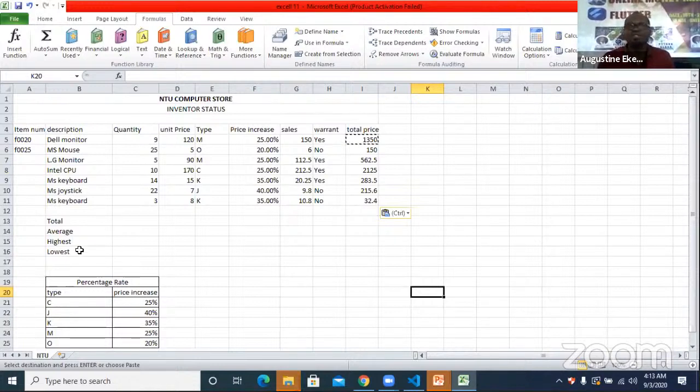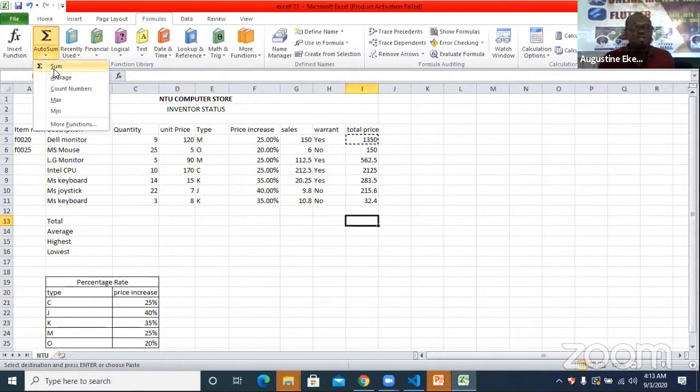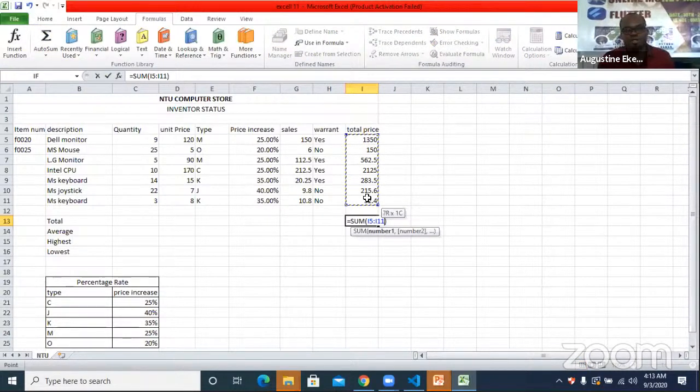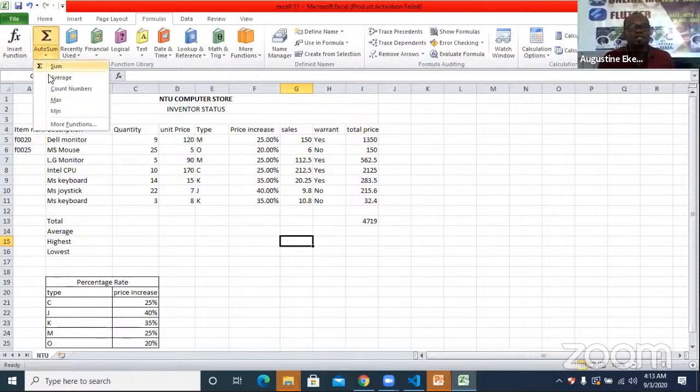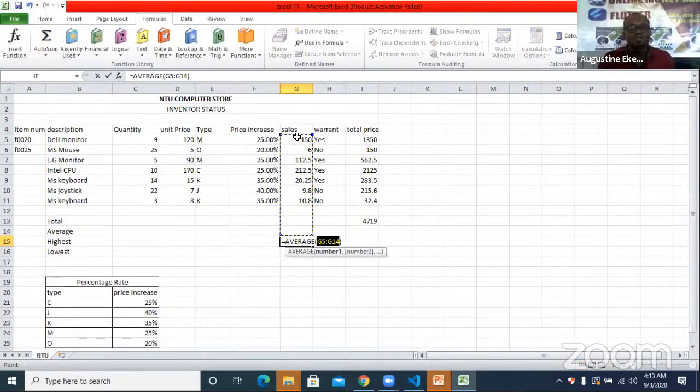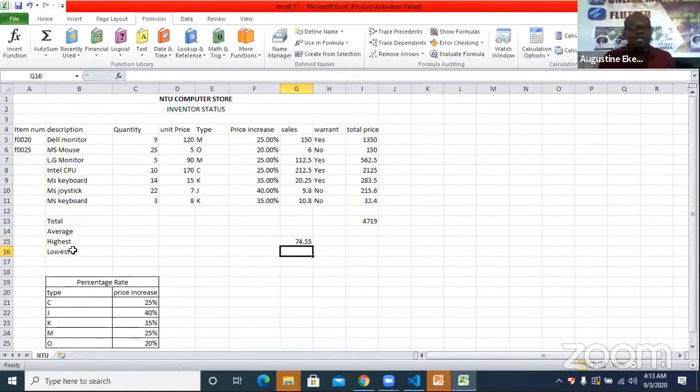Apart from total, average, you know how to do this, isn't it? You want to find total. If it's total for price, you just click where you want to find it. Go to auto sum, isn't it? You pick what you want to sum, press the enter key, isn't it? If you're finding highest or lowest, you click where you want to find it. Auto sum, isn't it? Average, what do you want to calculate average for? You pick it up, press the enter key. If you're finding highest total price or lowest total price,